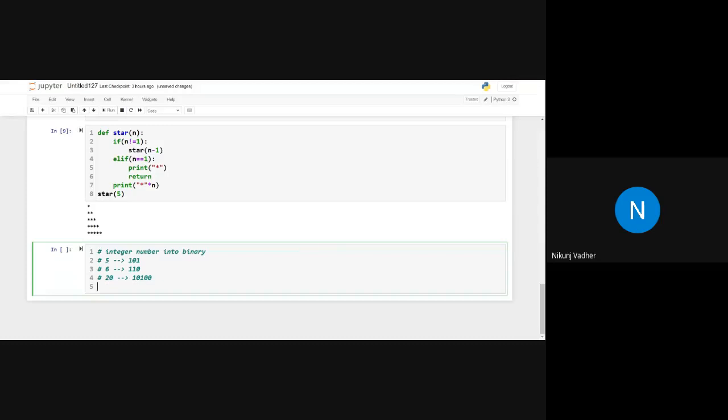So how can we implement this? You want to develop a solution for this.